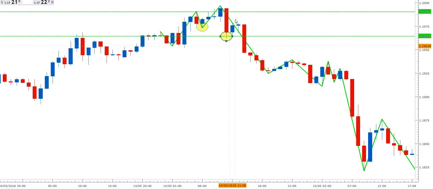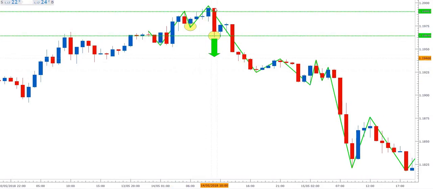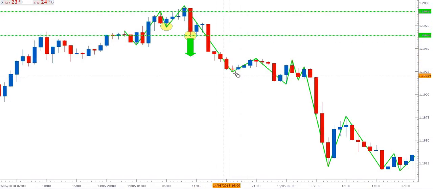Actually, what I'll do is put an arrow in there to say entry, and I'll make it a down arrow to show that this was the candle where we entered our sell. And it was at that point, at that price. Cool. Now, then the price came down to this point,